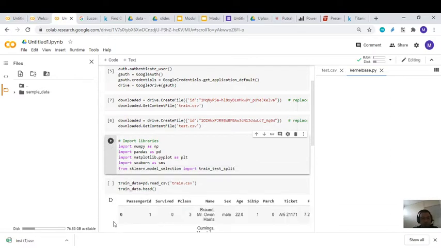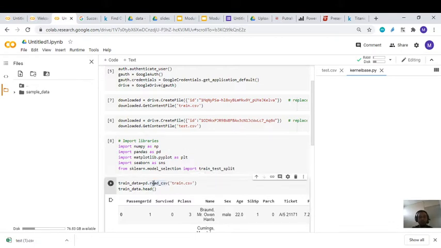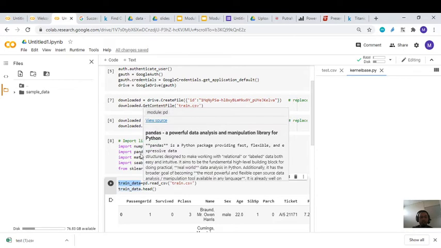After we run, we already have the pandas library, so we can read the data in our Google Colab. We read the data using pandas into the train data variable. This is pd, which means pandas.